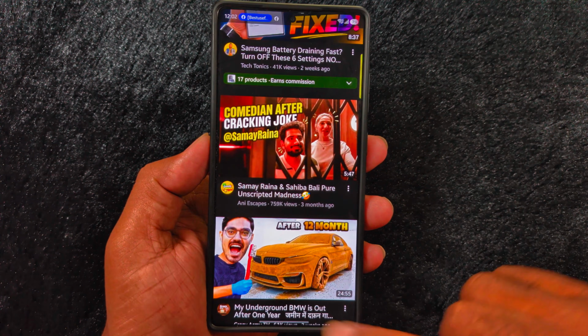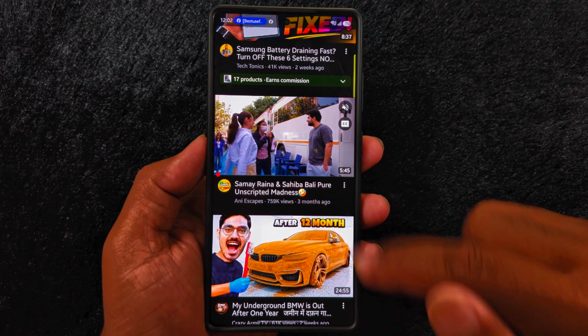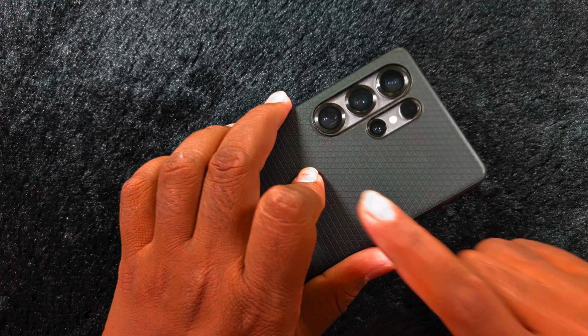And that's it. That's how you can limit or remove YouTube Shorts on your Samsung phone, Google Pixel, or any